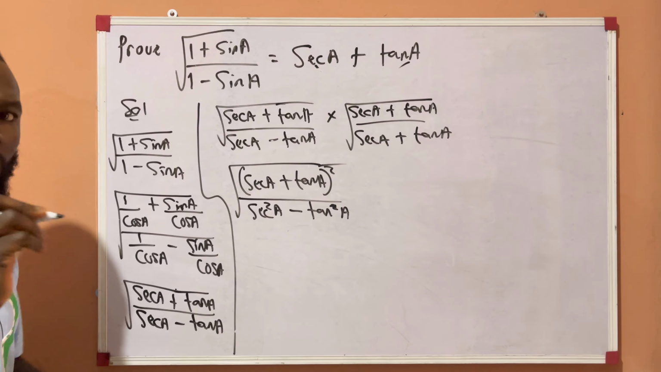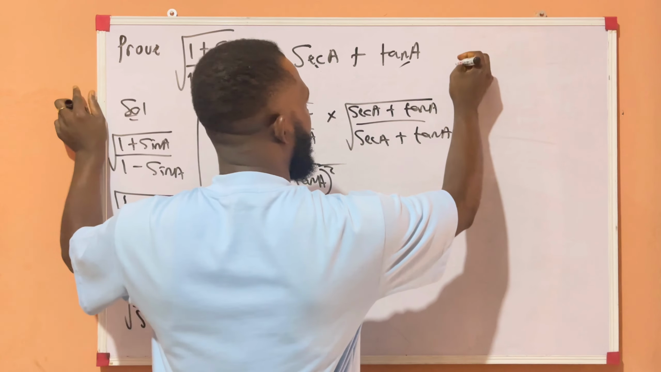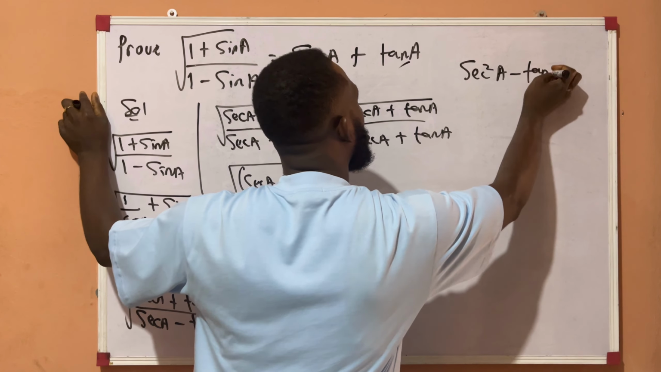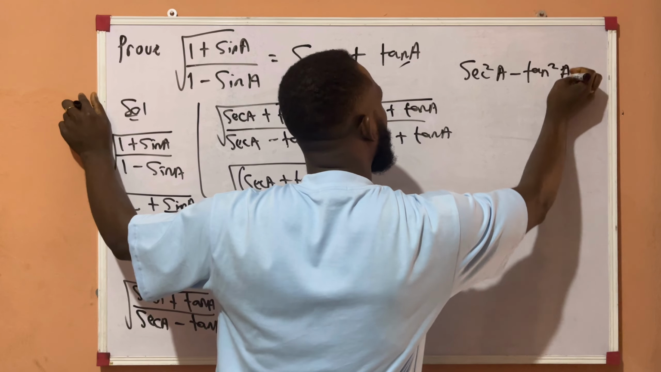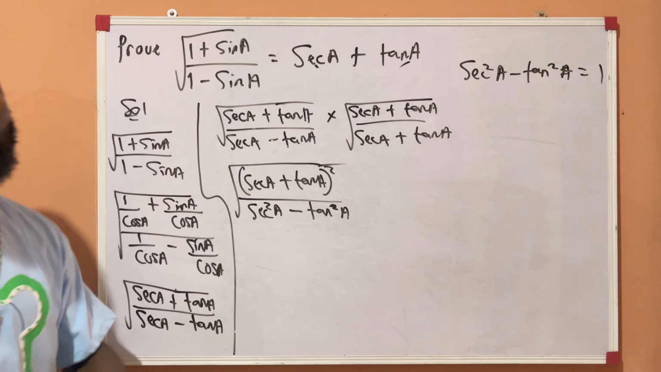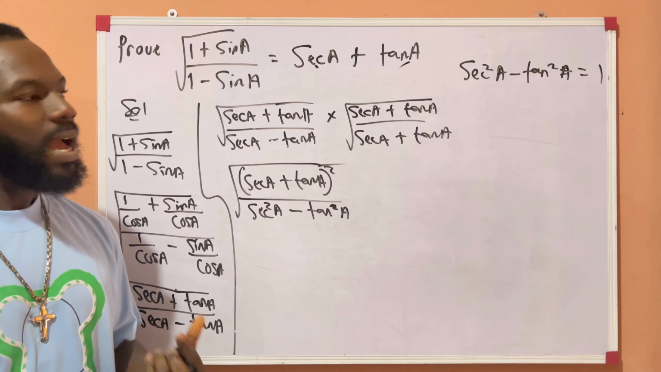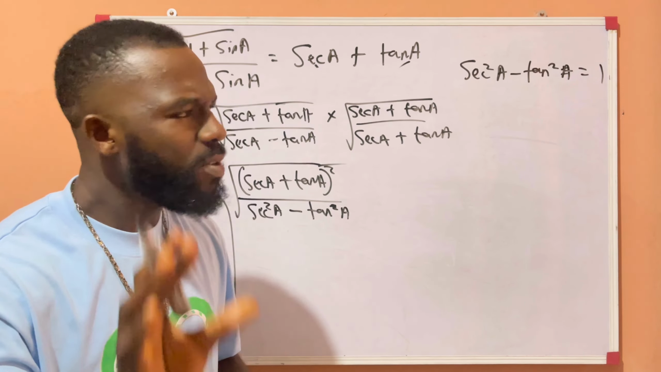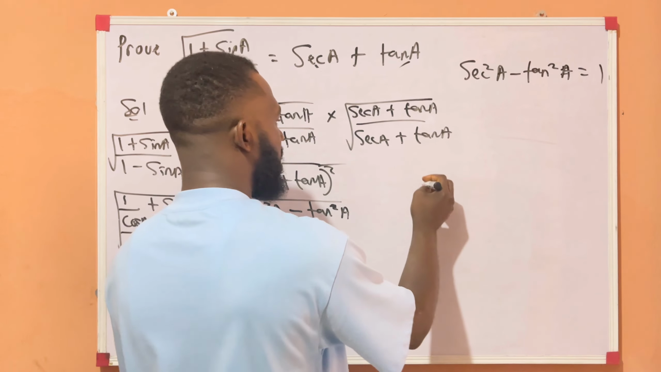It becomes, now you should know that sec square A minus tan square A is equal to 1. Now some of you might say, how is it 1? How is sec square A minus tan square A equal to 1? Now I'm going to show you, from the general formula which says